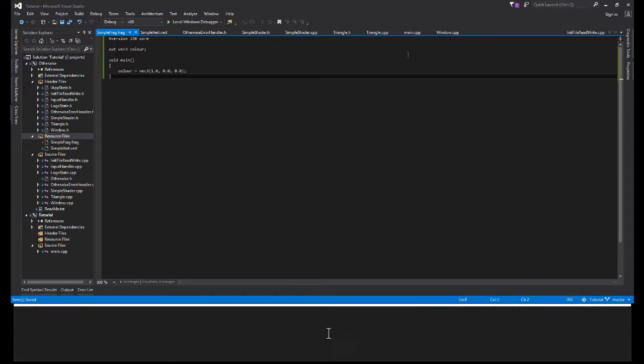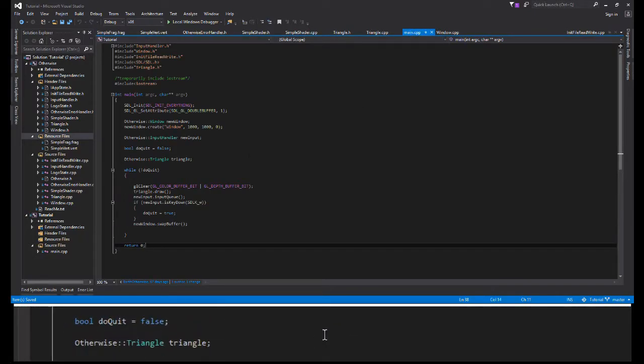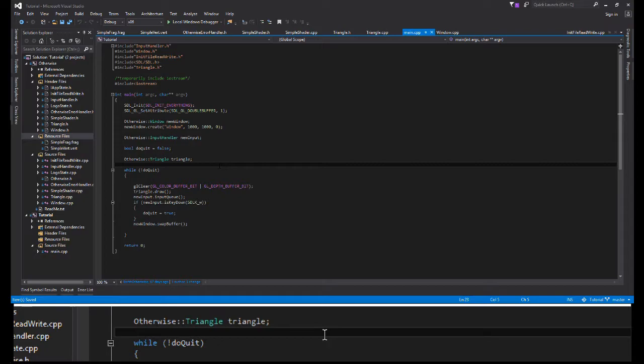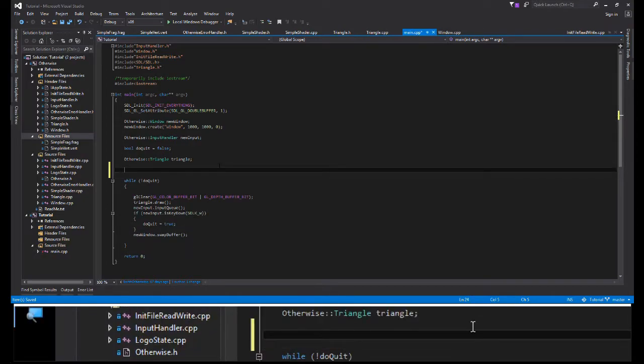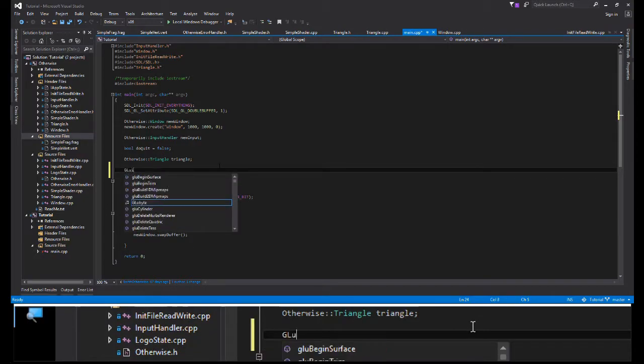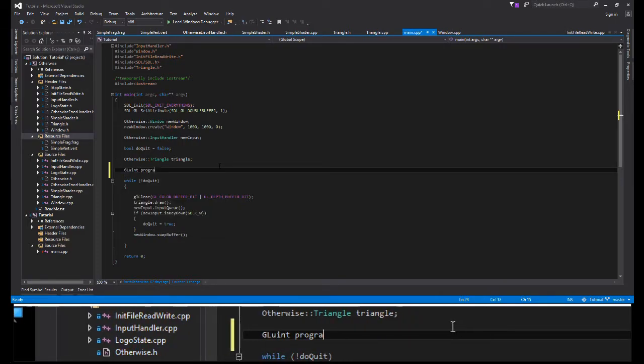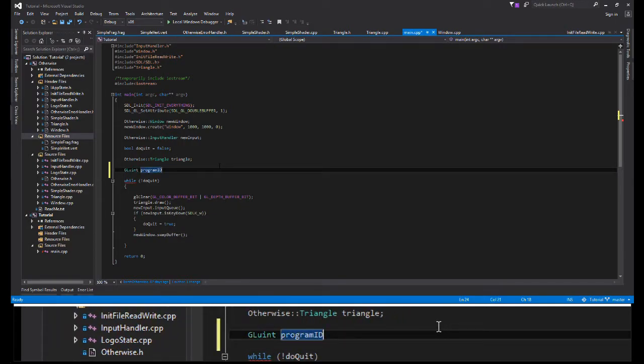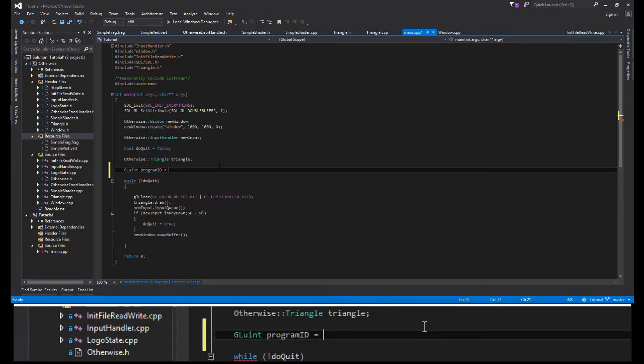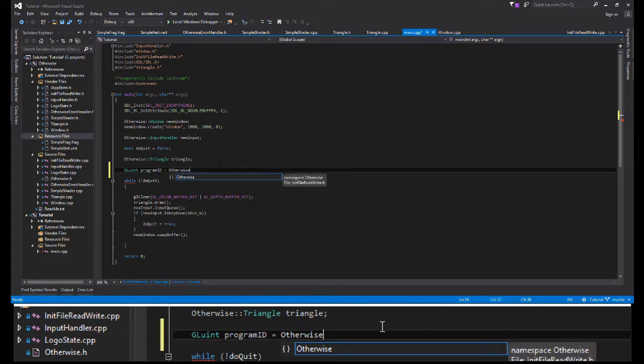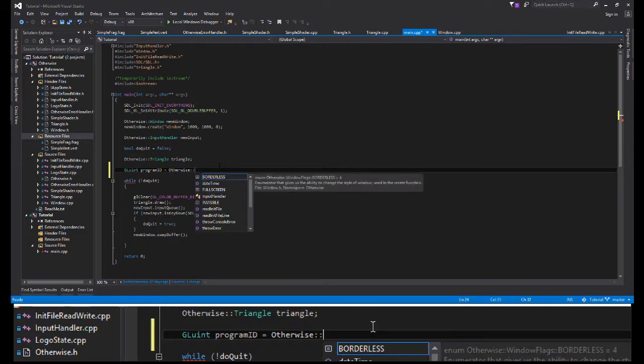Save that. And now we go to our main file. And we make one very simple change. Underneath triangle here, we go ahead and call GLuint program ID. We're going to create our program, and this is why we had to return a GLuint when we created the shader program, because in order to use it, you actually need to have the ID, and then